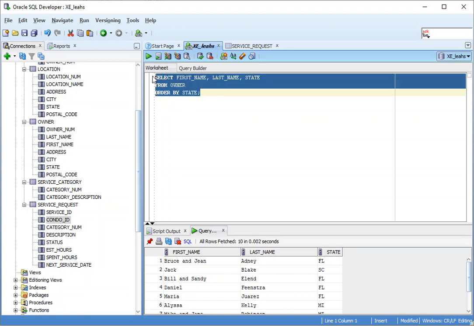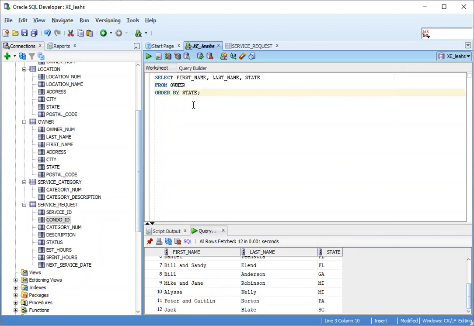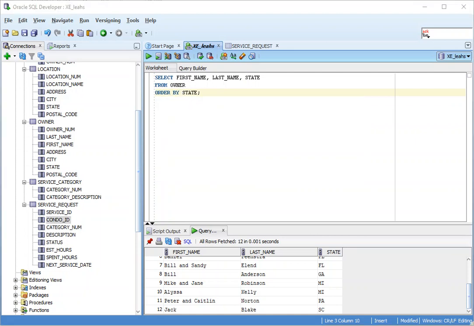So we run that. We have all of our users. Florida is alphabetically first, followed by Georgia, followed by Michigan, followed by Pennsylvania, South Carolina, and that is all. If I wanted it in reverse order, I would just add the descending clause,